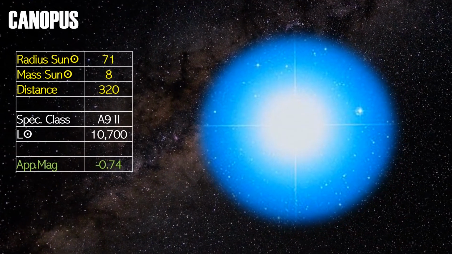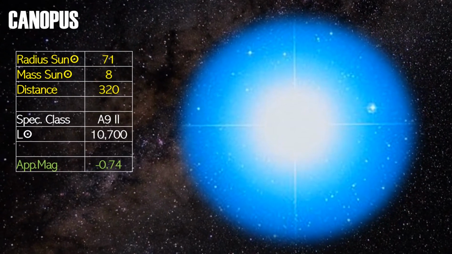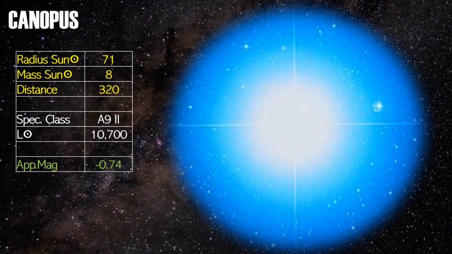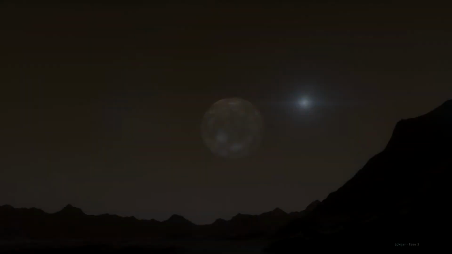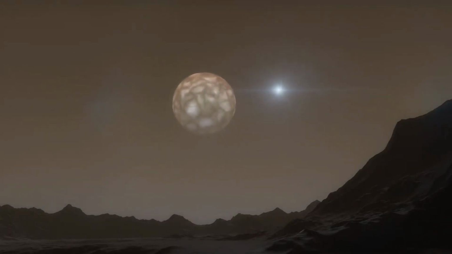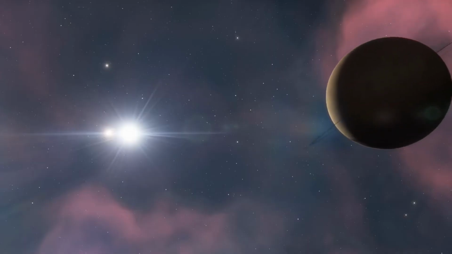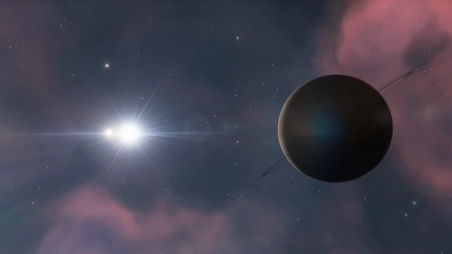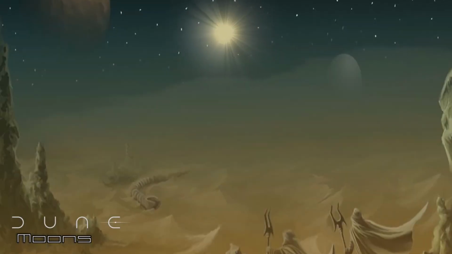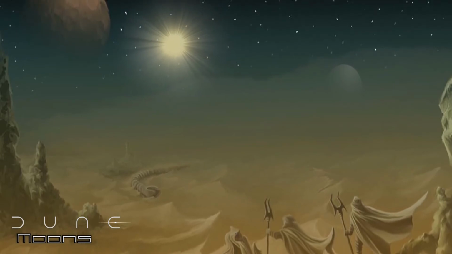Going back to CANOPUS itself, also known of course as Alpha Carinae, it isn't really a star that you would expect to have life having a chance of being created for the reasons we've already outlined, like the tossing and turning of the star on the stellar evolutionary chart, for example. Not only that, but CANOPUS is a large source of X-rays which are emitted from its corona, which again of course would be very problematic for life, particularly if the planet Dune was so close to the CANOPUS star. And again, however, maybe it's this that's contributed to the creation of spice, and the reason spice is so unique in the universe is perhaps because of this unusual nature of Arrakis.